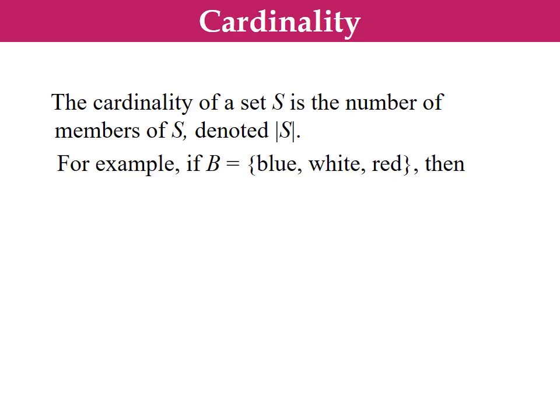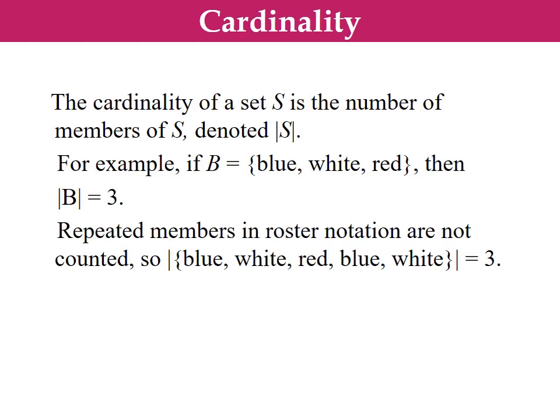How many elements are there? Or I can even ask, what is the cardinality of B? Yes, it is 3, because 3 colors are there. Take another example. Suppose repeated terms are there, what are we supposed to do? Obviously, we can omit them. That is what we discussed in the roster method.